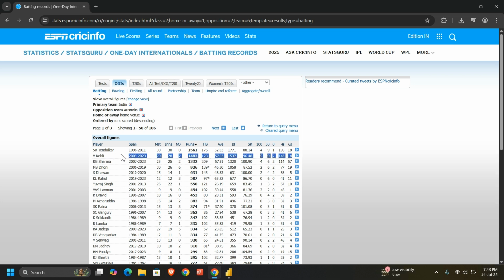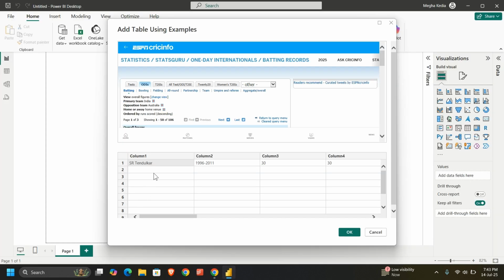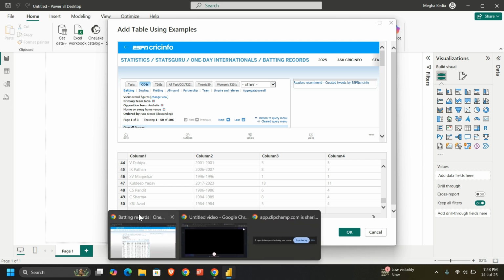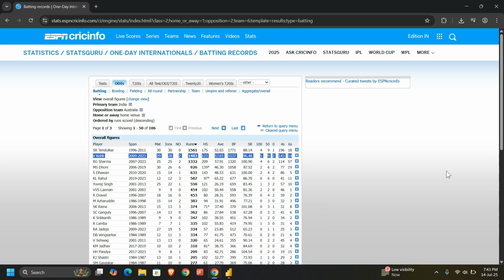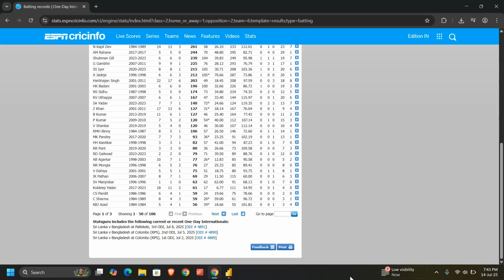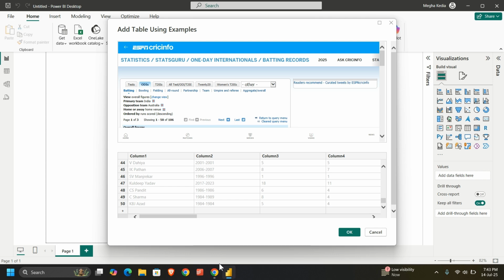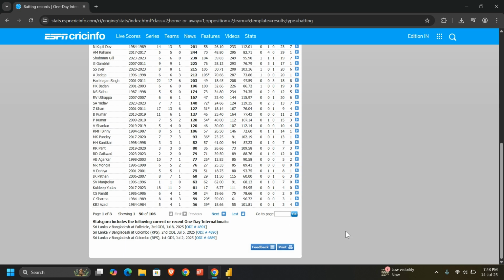Now I'll copy the second record. Don't worry, you don't have to copy all the 50 records here. I'll show you how this is done. Now I have copied this and pasted it there in a similar way. Now see the magic. It identifies by itself the pattern in which the data is displayed. So as you can see, in the first 50 records, the last name is KBJ Azad, and I can go here, scroll down and see the last record here. Now I'll just click on OK here.